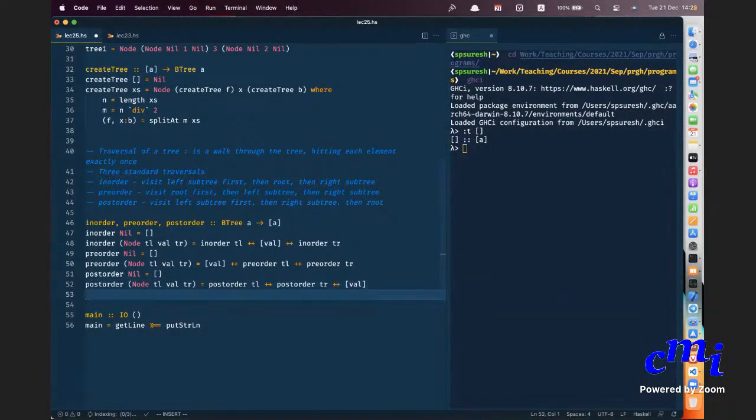So now, why do I mention all this? These are important functions to know. And when you create a tree, we want in order of create tree of a list xs to be equal to xs. This is what you want to maintain, and that is maintained in whatever we are doing here. You will take a list, you will split it somewhere. The middle element you will, so from where you split, look at this.